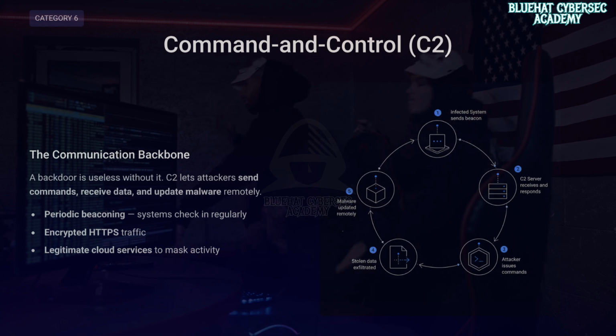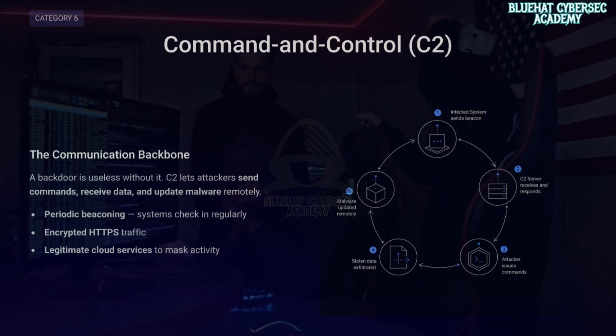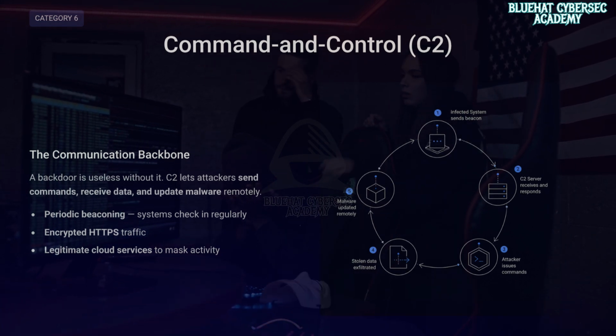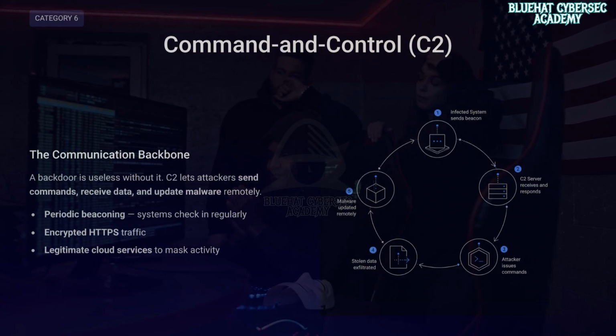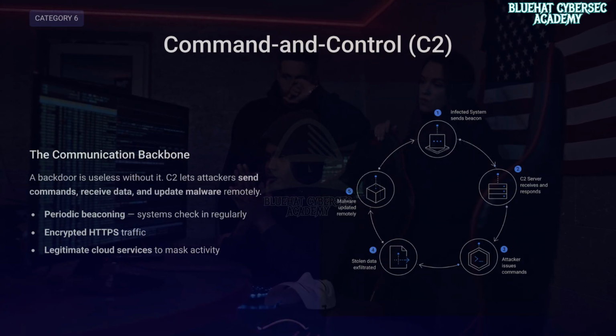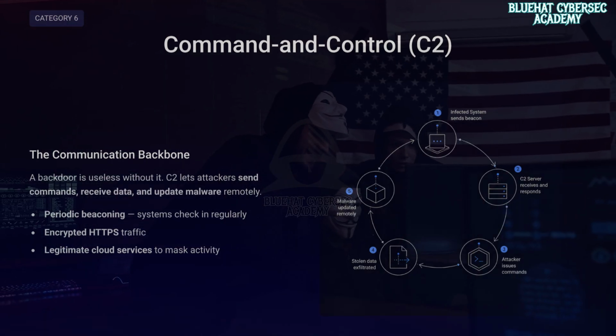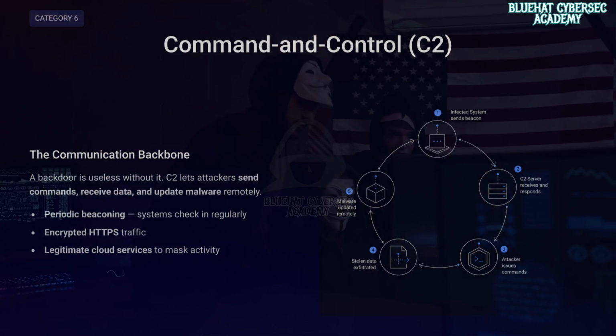Now let's connect everything through command and control, or C2 backdoors, which solve the communication problem. A backdoor is not useful without communication. C2 infrastructure is what allows attackers to send commands to infected systems, receive stolen data, and update or modify malware